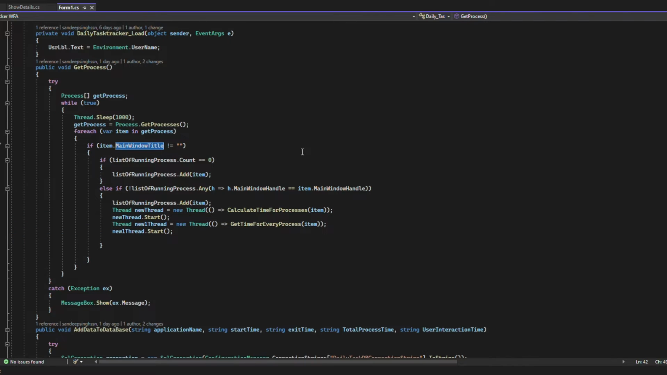Many processes don't have the main window title. What does that mean? They are not the main application. For example, the pop-ups we see on some screens or some applications. For example, when we run this application in a console, it will not have the window title. So that's why we are checking if the window title is null. We should not be able to calculate the timing, or we should not be able to add that into the